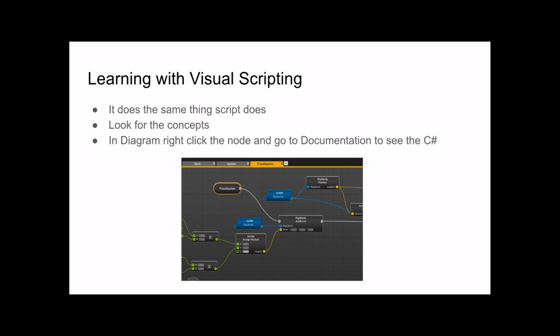So when you're using visual scripting, I want you to look at the concepts that you're going to see once you take your programming class. Take this into your programming class, and you should see the concepts lined directly up. And even in this visual scripting, the specific one we're going to be using, you can right-click on any of the nodes that come up, and it will show you the C# for those things. So I want you, when you're using this visual scripting, to think of it as a tool that you can use to learn regular scripting a bit better.